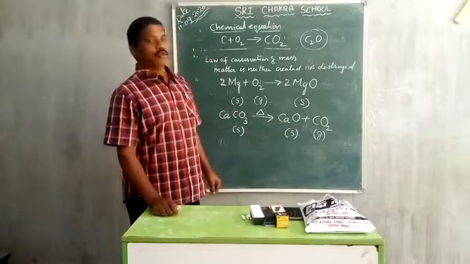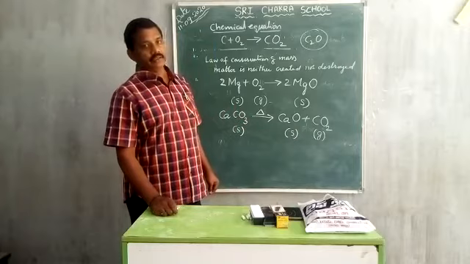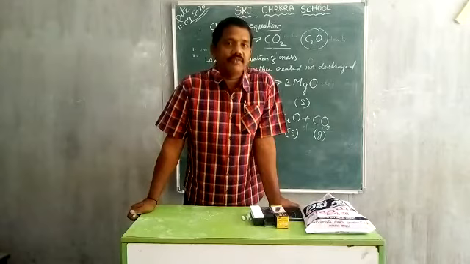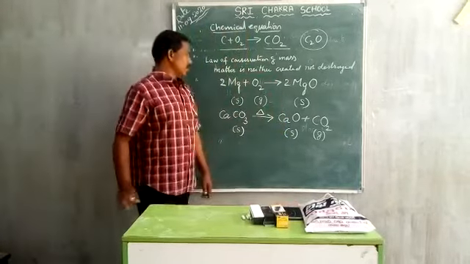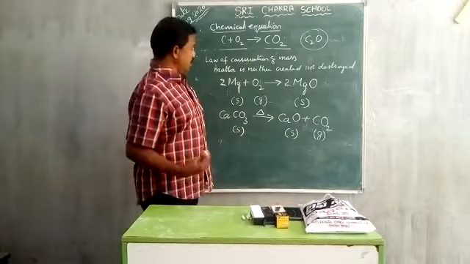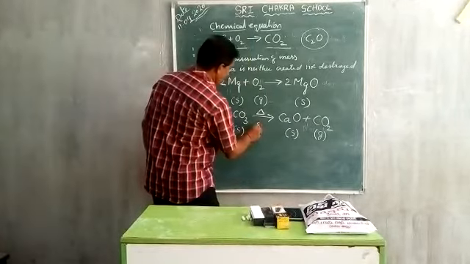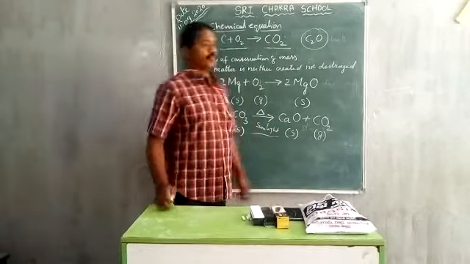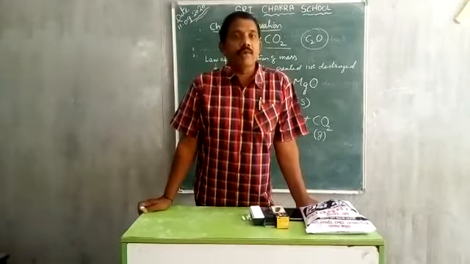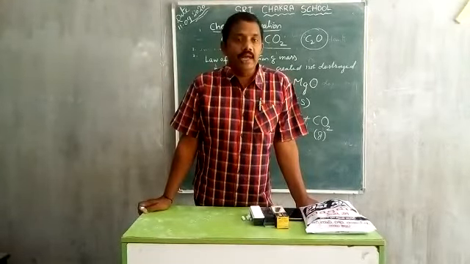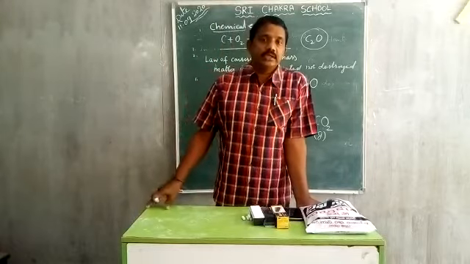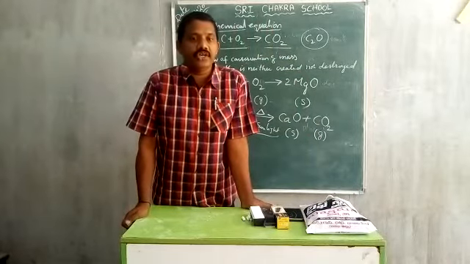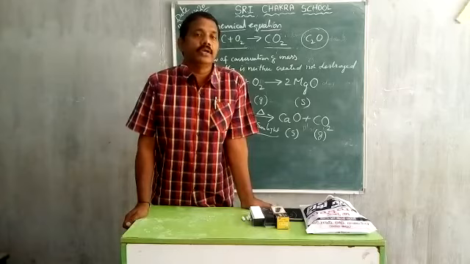In some cases, if we use liquids, we can write L. In some cases, some precipitates are formed, we can write S. Like this, these are used. In case of some equations, we use the sunlight. You can write sunlight. So, with this we have completed a chemical equation, information conveyed by a chemical equation, principles involved in chemical equation, and some of the signs used in writing a chemical equation.